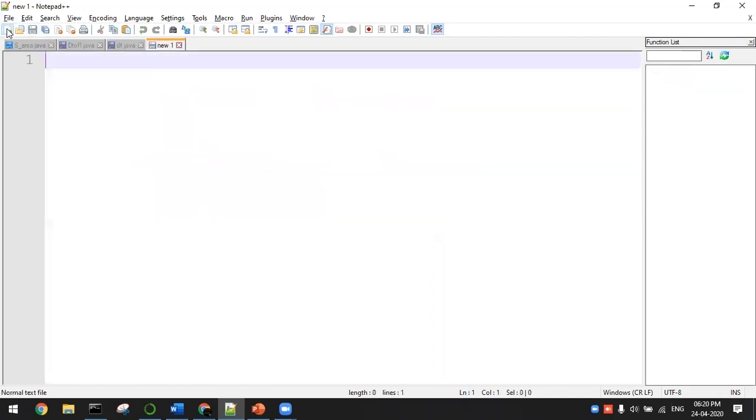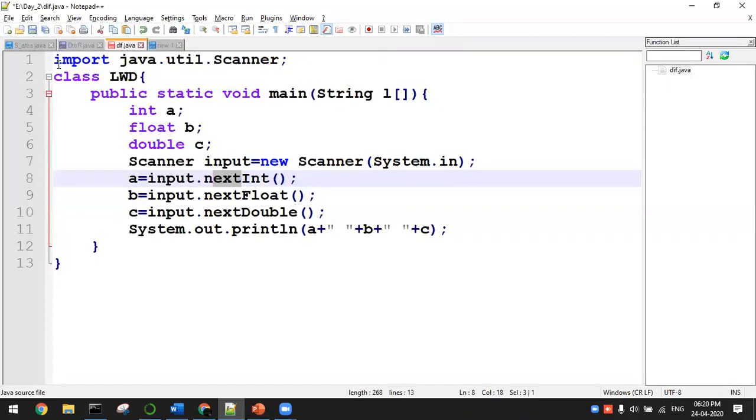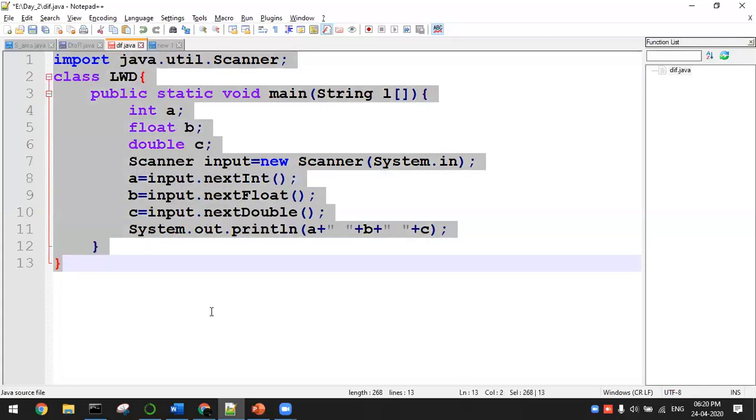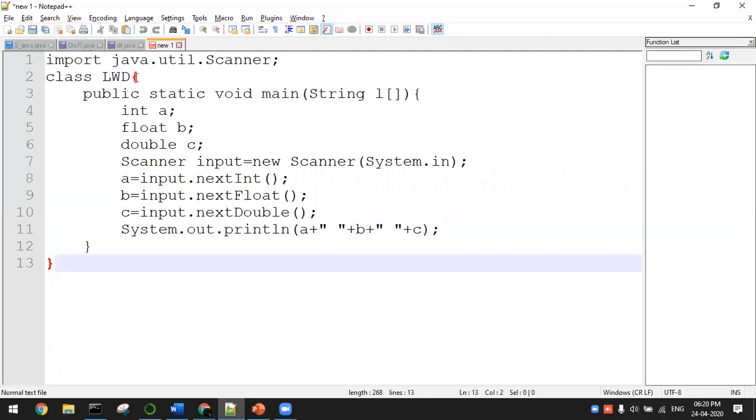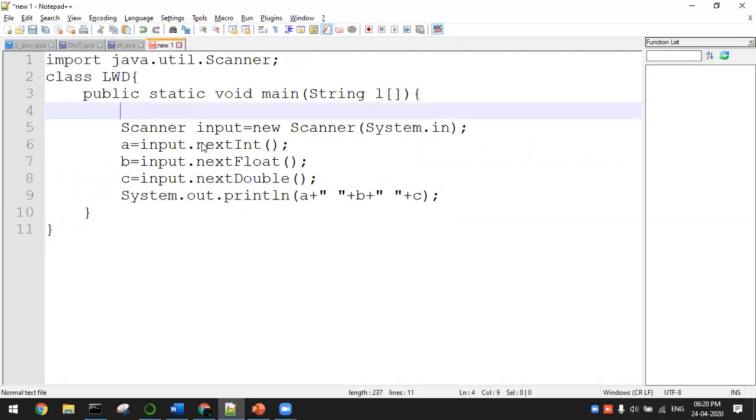Let me go ahead with one more example for a string. I'll be getting a toString with the help of the Scanner class. I'll be taking strings a and b, string a comma b. The first string I'll be getting with the help of next. The second string I'll be getting with the help of nextLine.